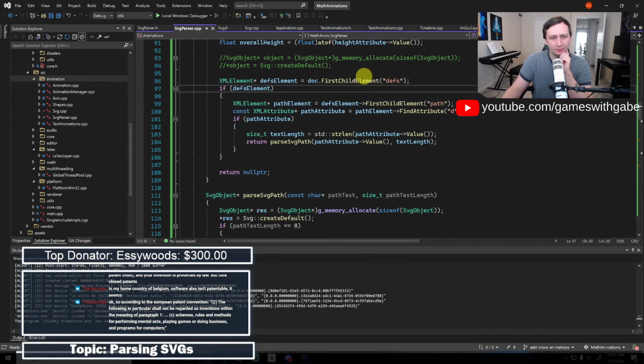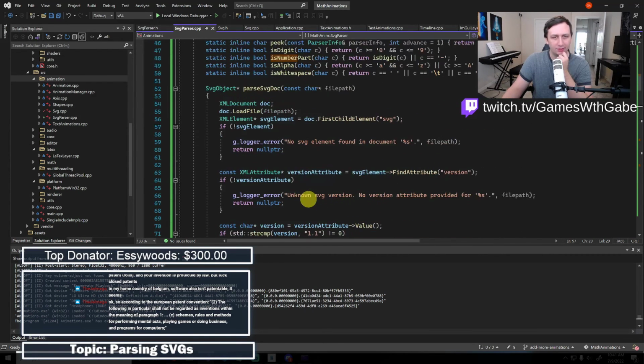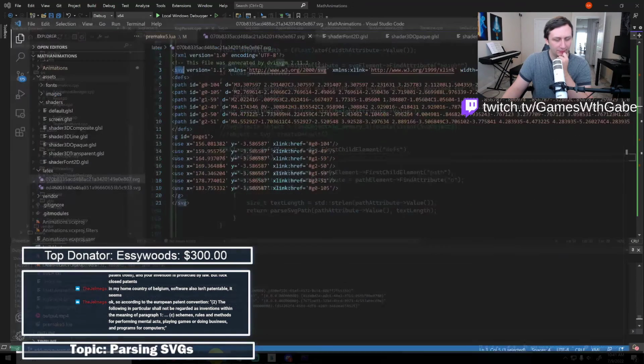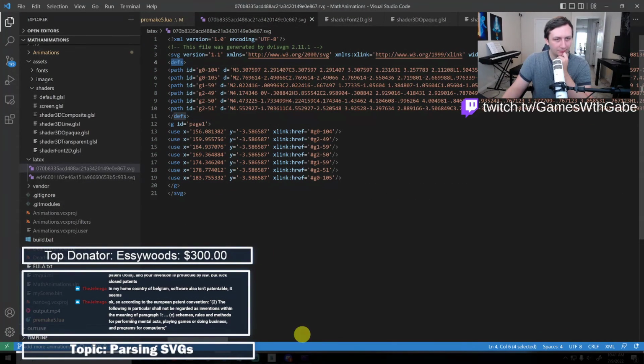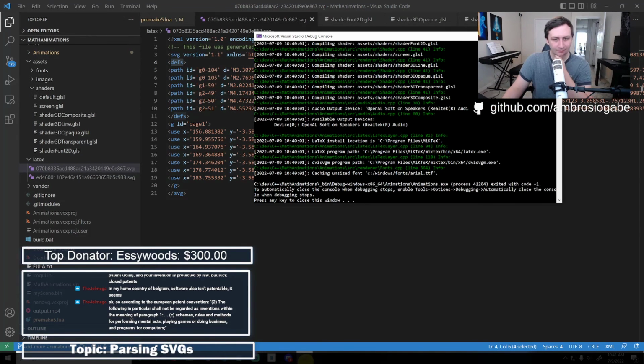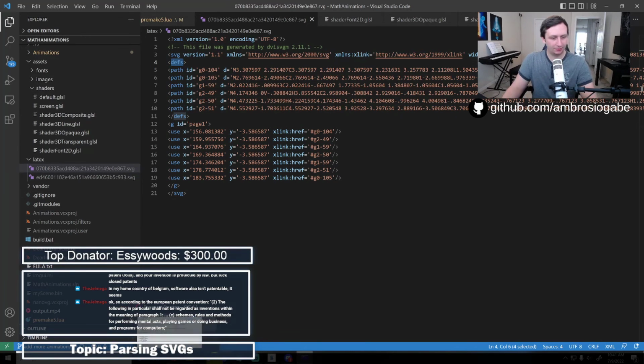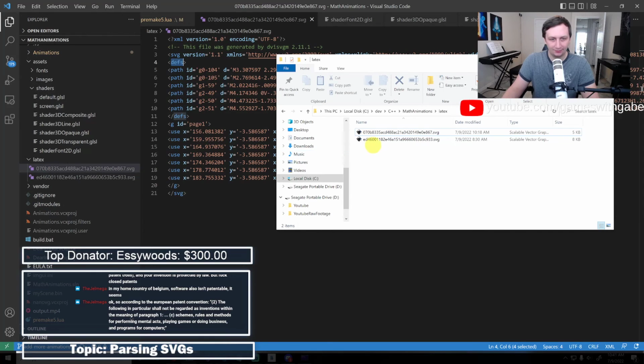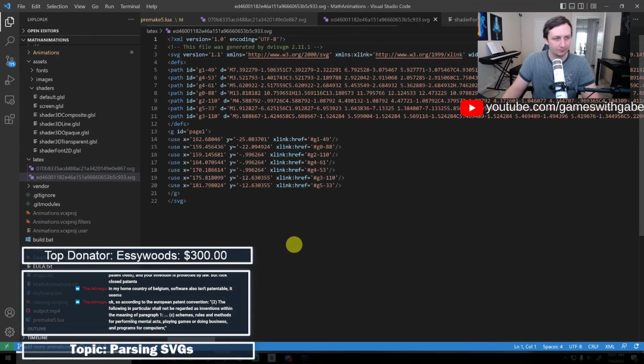So we just look for that. It worked for SVG. And there's definitely, unless I'm looking at the wrong file. Let's look at the other file real quick, because maybe one of these files has a defs and one of them doesn't. Nope, they've both got a defs section.